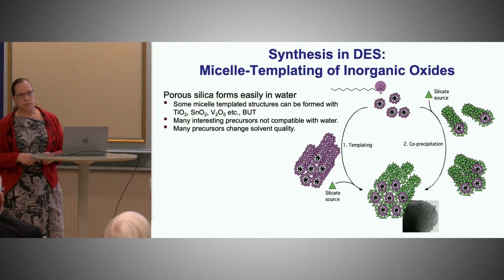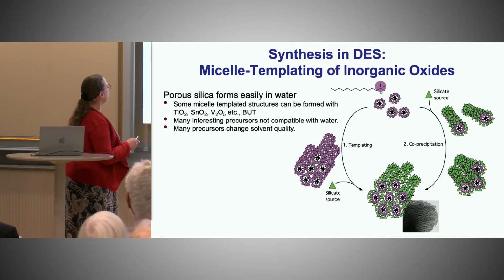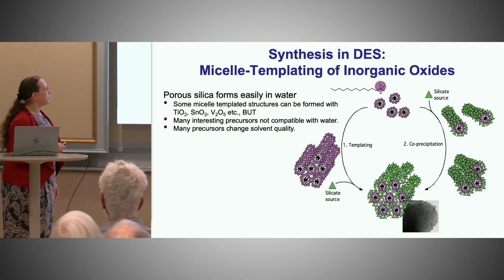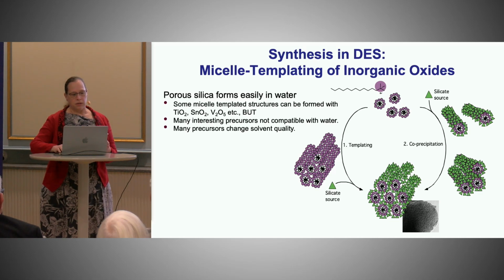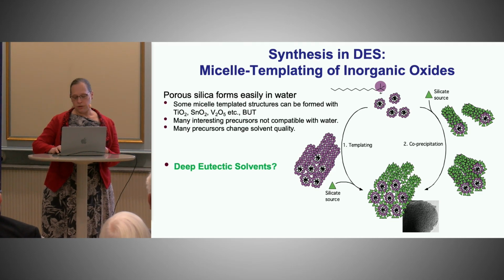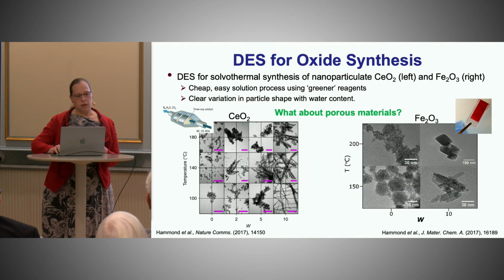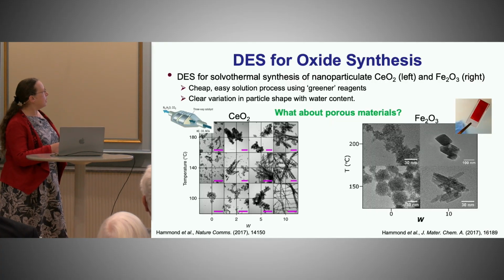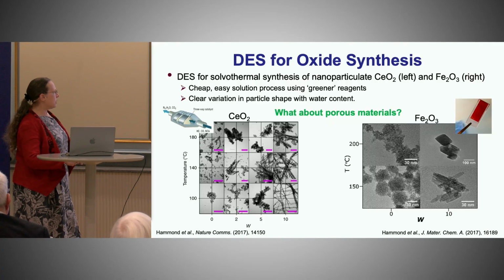And if you'd like to make some different materials, it becomes a bit more difficult because they either react with water, they go bang, or the precursors actually change the solvent quality so you don't get any micelles forming. So we thought it'd be nice to try it with some deep eutectic solvents. Now, the first thing was, could we actually even grow oxide particles in a deep eutectic solvent? And we worked both on cerium oxide and iron oxide and showed that we could indeed grow very small nanoparticles